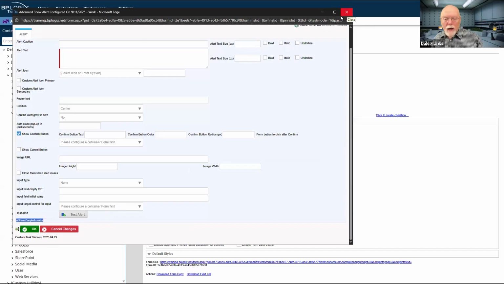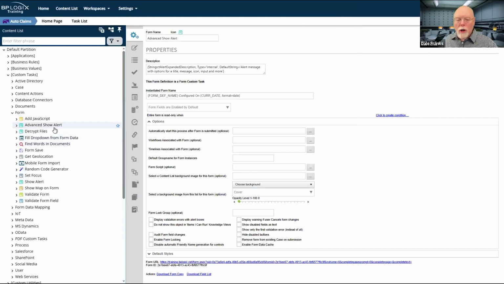Which means, of course, that you can develop your own custom tasks. And were you to do so, so let's say you were to add a form custom task, you can do that. You can create your own custom task and still import all of the custom tasks from the packages. Because when you import the custom task from the package that you download from the support site, certainly it will overwrite all of these custom tasks with the new versions of them that are part of the package that you download.